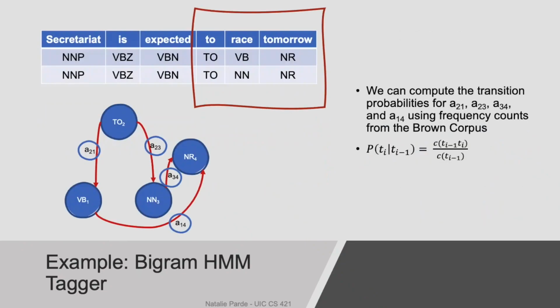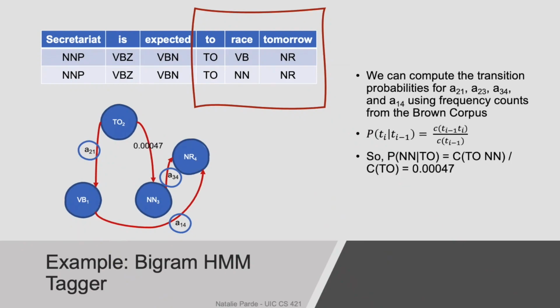We'll compute those transition probabilities using the Brown corpus, where we can easily get frequency counts for each possible transition. So to find the probability of a tag at the current time given the previous tag, we would just get the number of times that tag followed the previous tag, divided by the total number of times the previous tag occurred in the corpus. So we start out by computing the probability of a noun given the infinitive to. We check the Brown corpus, and based on the tag frequencies, this is going to result in a probability of